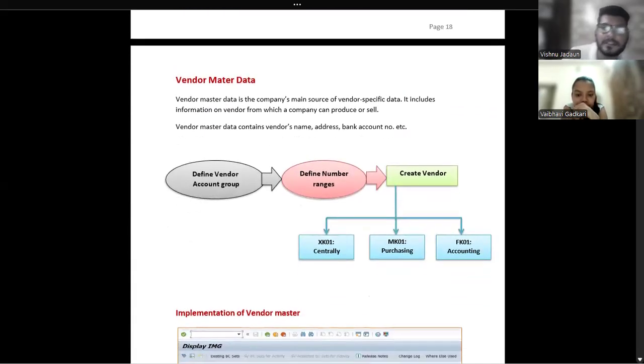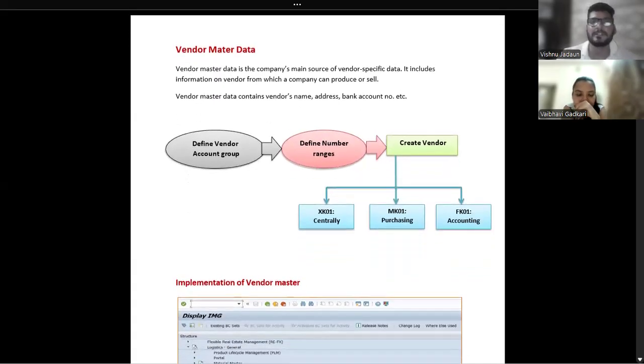So here material master data is finished. Now coming to the vendor master data. Vendor master data is the company's main source of